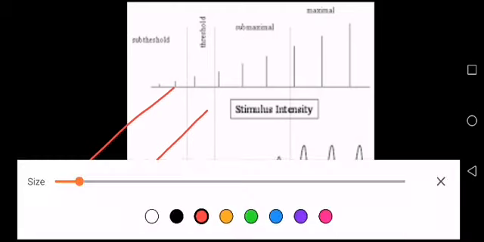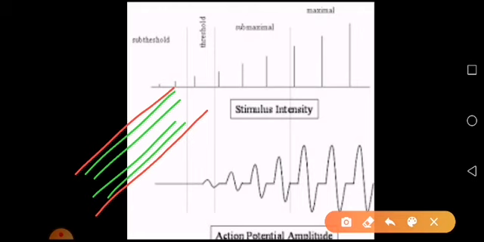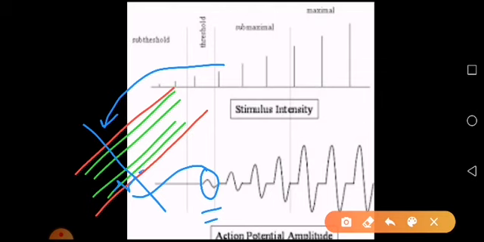This is the nerve. These are the fibers. And this is the first action potential that is obtained at this point. At this stimulation intensity, we obtain one action potential. We record it with this amplitude. When we increase the intensity of the stimulation to the second, we obtain not only one, we obtain in two different fibers two different action potentials. This is the first, and this is the second. As a sum of them,